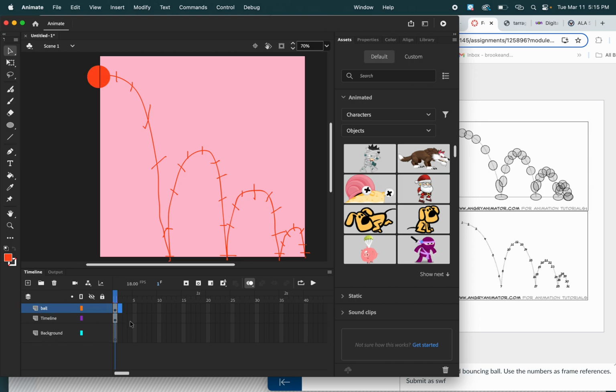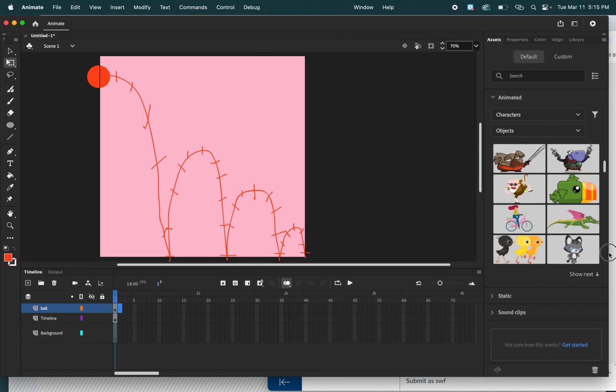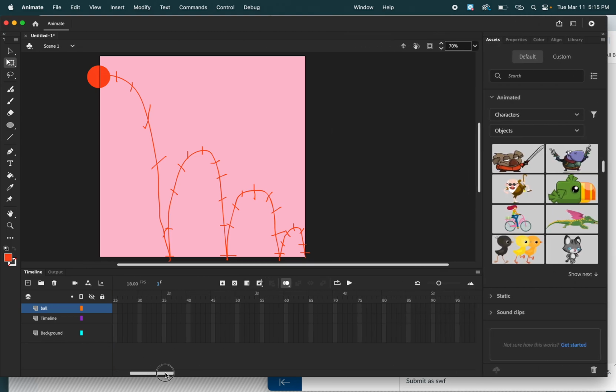I'm going to go on to frame 2, and I just select this selector because I'm going to be moving this ball around after I add another keyframe. So you go to frame 2. If you stretch out your timeline, you can see it's not letting me zoom, but you can see this is a 5, so 4, 3, 2. This is frame 2. If I select this one, I know I'm on frame 2, and I'm going to add